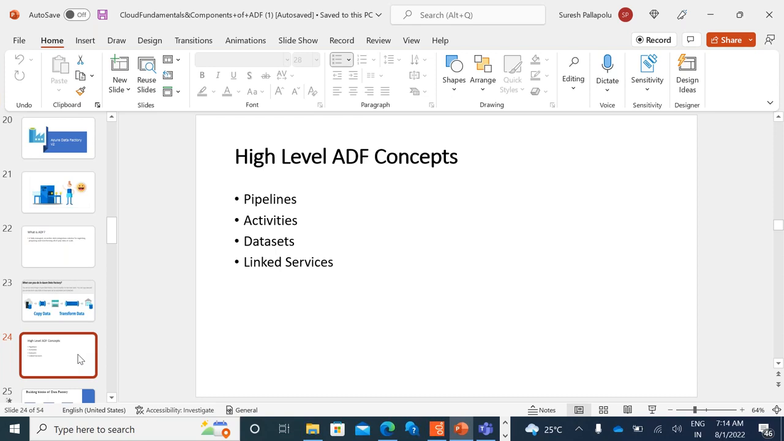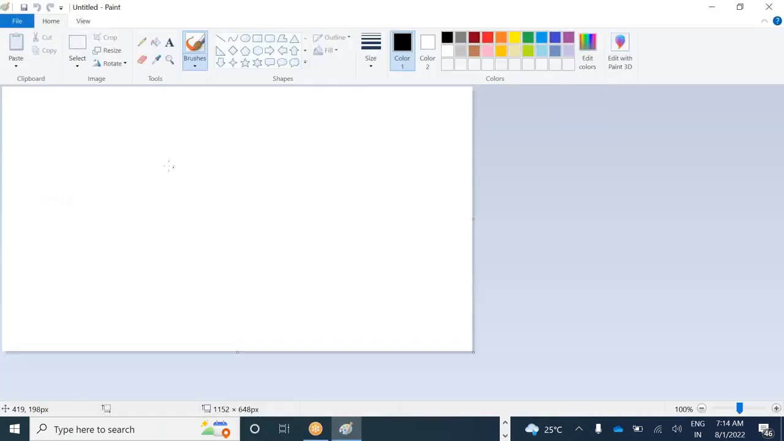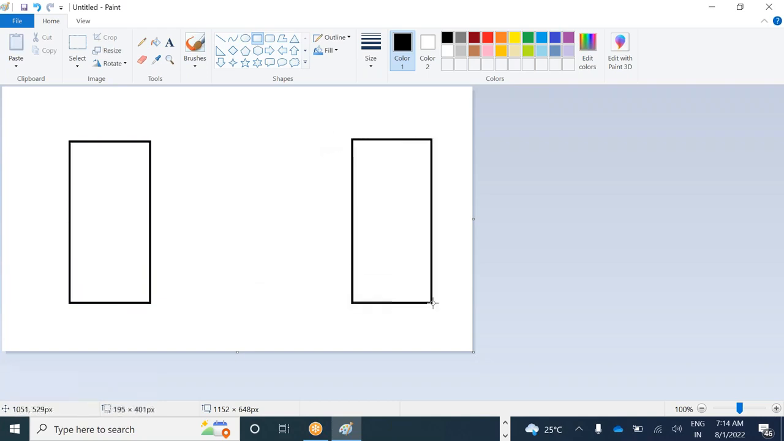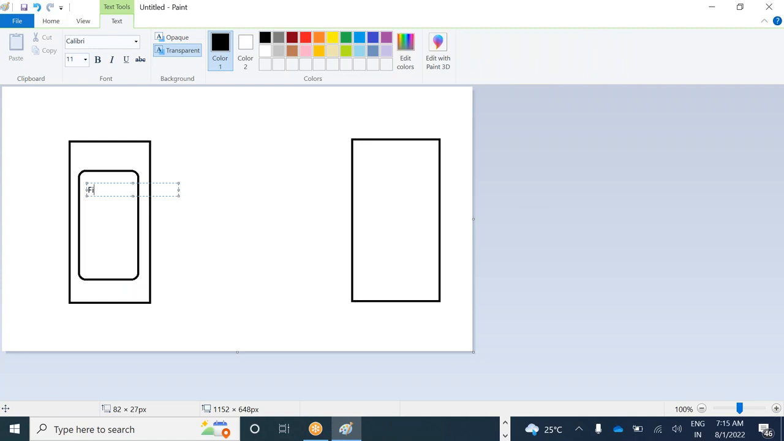And also compute I have discussed. So in today's session, what are all the high level ADF concepts? So just remember, for example, in this file 1,